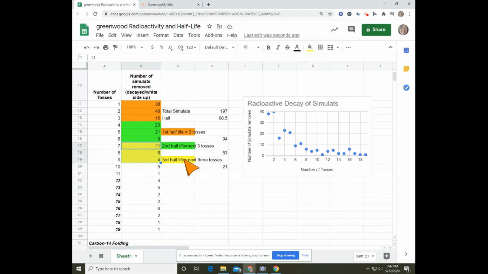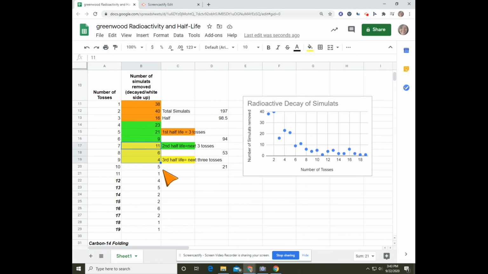So we can tell that the half-life for simulats is 3 tosses. That 3 tosses might take 3 years, it might be 3 days, it might be 3 minutes, it might be some other expansive time. But every 3 tosses, we get about half of our simulats to have decayed. Notice that they just turned into something else. When in our simulation the simulats turned white, they were something else. They had radioactively decayed, they had emitted an alpha or a beta particle to change into something else. They didn't disappear, they weren't consumed, they just became something else. And what was left was our red simulats.